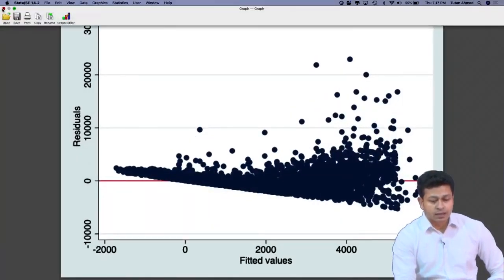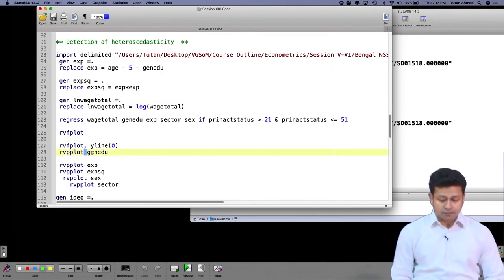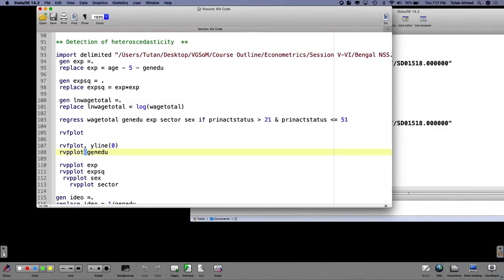Now, the other plot is the rvp plot. The rvp plot is nothing but the residual versus